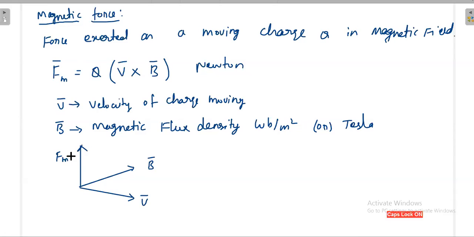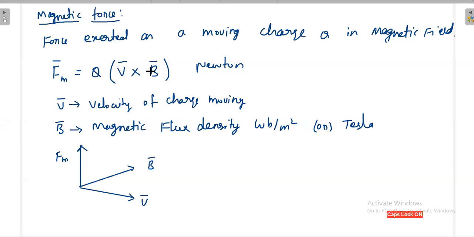Direction that is really different, because from your experience, you know that once you make V cross B, what is V cross B? V is a line, B is a line. Once you have two lines, you will have a plane. Definitely V cross B will be perpendicular to the plane you have formed. So the direction of the magnetic force is always perpendicular to the plane containing V bar and B bar. Please note down, this is very, very important.